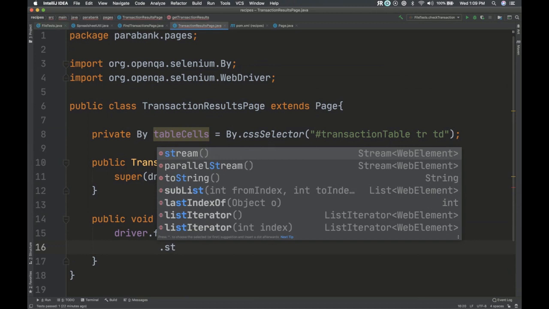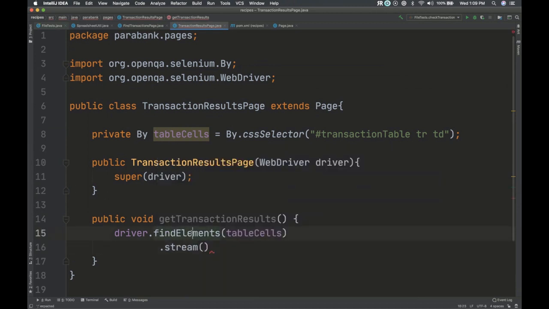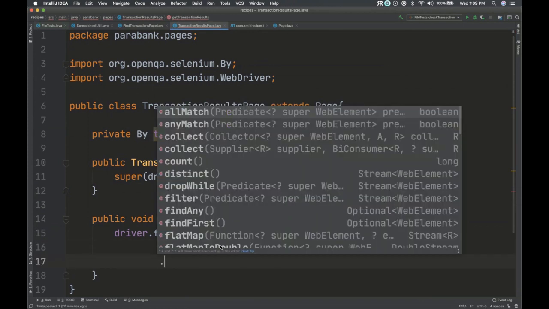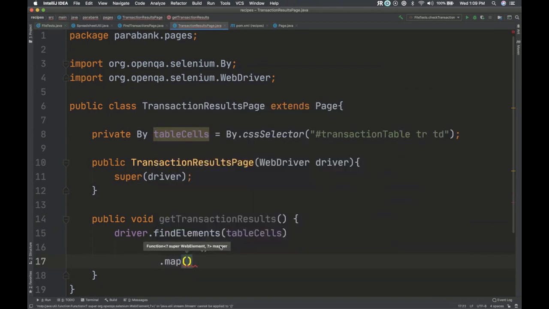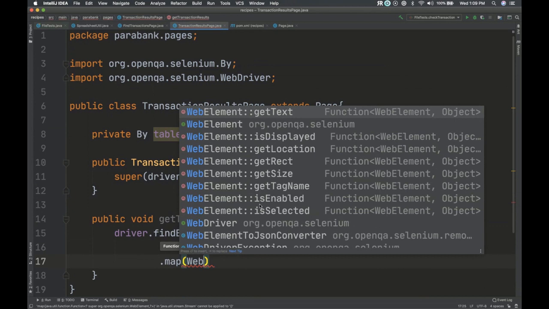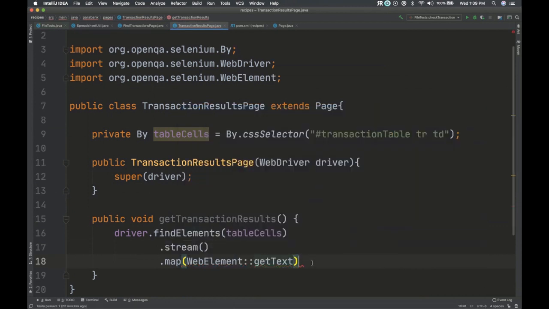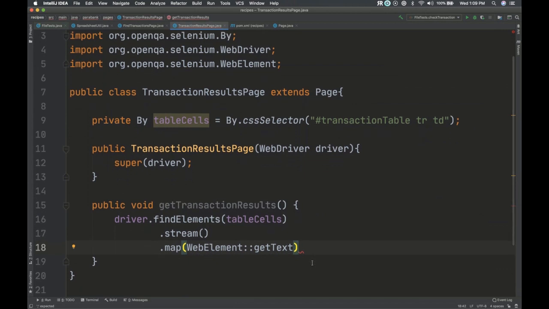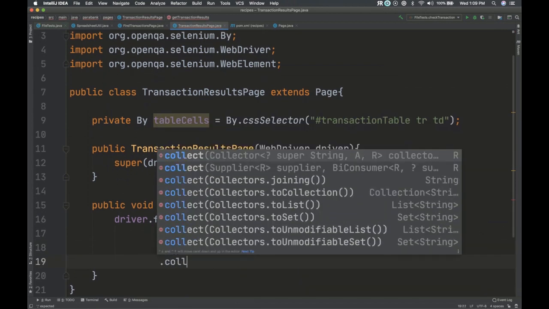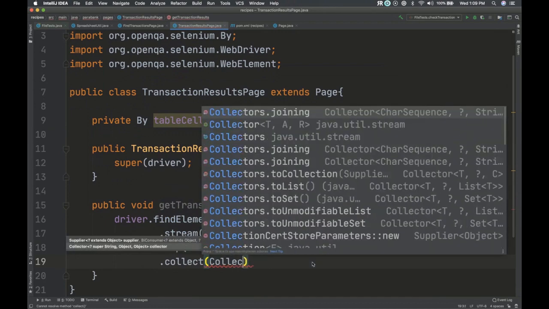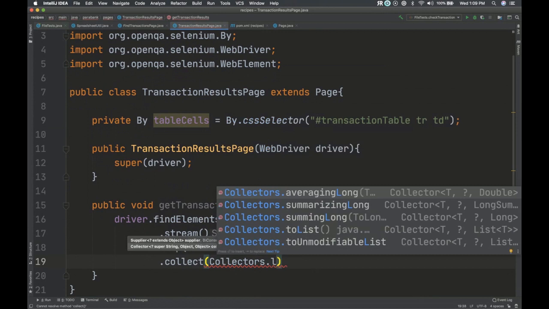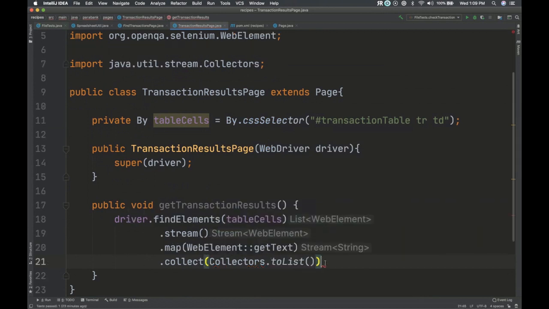Let's turn this into a stream because this is going to give me web elements. And what I really want to do is get the text inside of it. So if I can stream this, I'm going to map it, look at all this niceness. So I can say get the text, right? So get the text from all of those cells and then wrap those inside of a list. So this gives me a list of strings, the text. So let's return it. We can say a list of string and return.